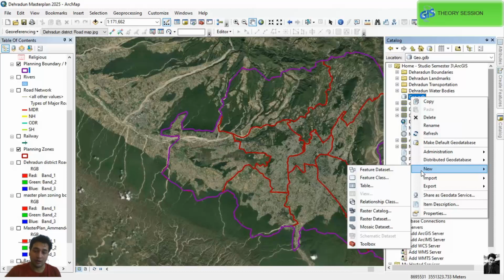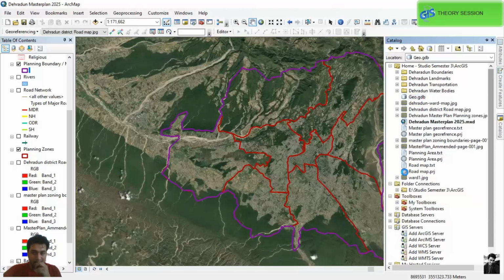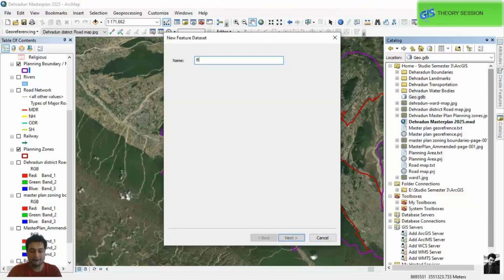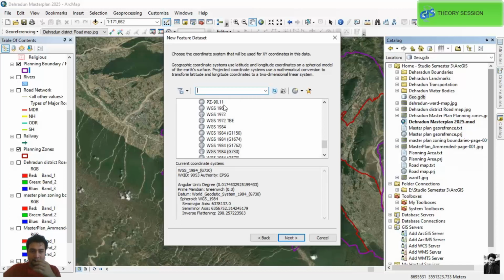And within the boundary, let me create the feature dataset first. Let's give it boundary. Next. Then it will ask about the geographical, latitude and longitudinal location. So I have chosen the world one, and I'm going to use this one.